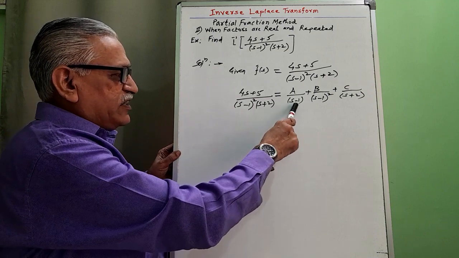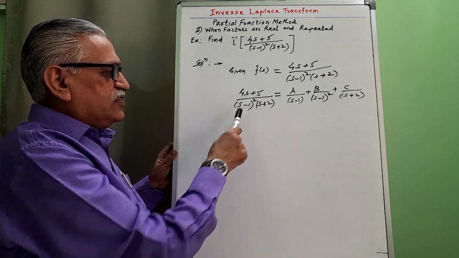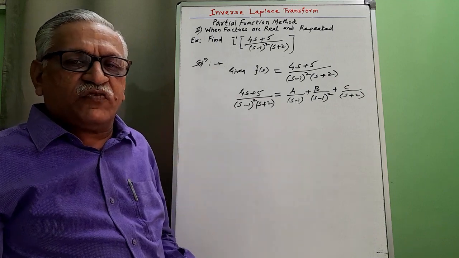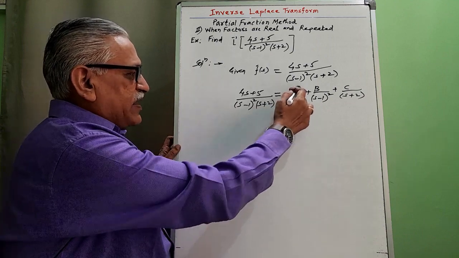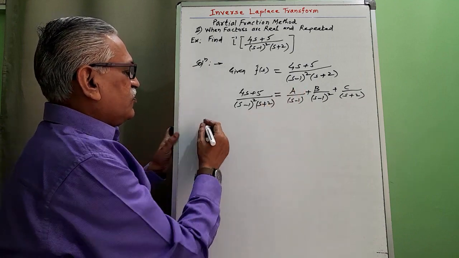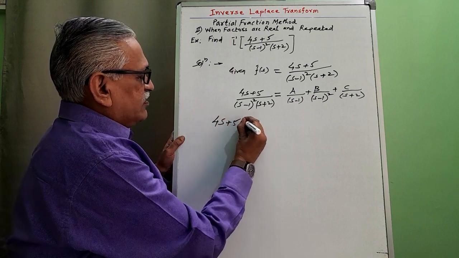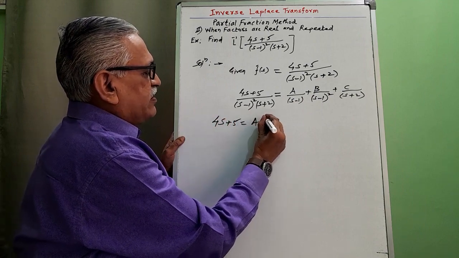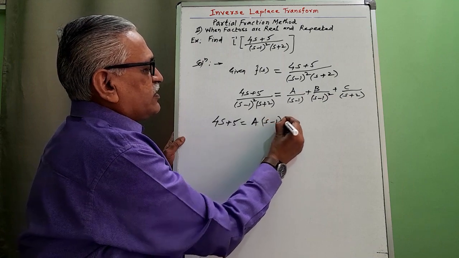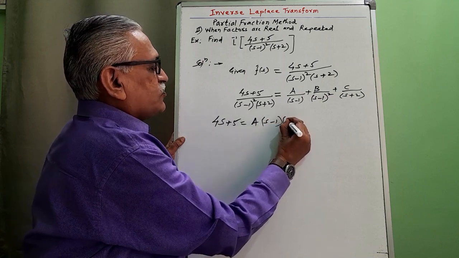Therefore, dividing by this s minus 1 into this term, remaining terms are s minus 1 into s plus 2, multiply by that to a, and therefore we get 4s plus 5 is equal to a multiplied by s minus 1 into s plus 2